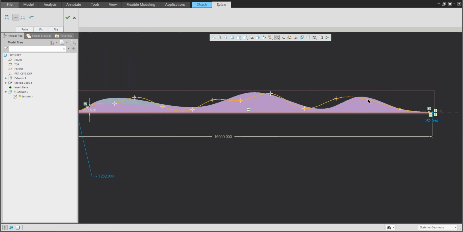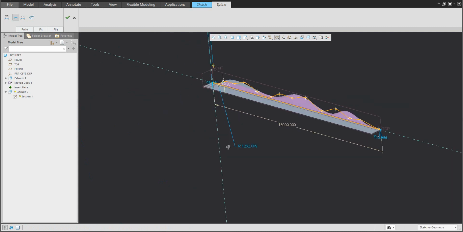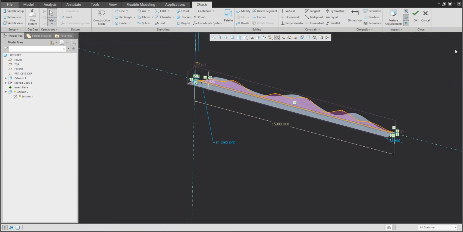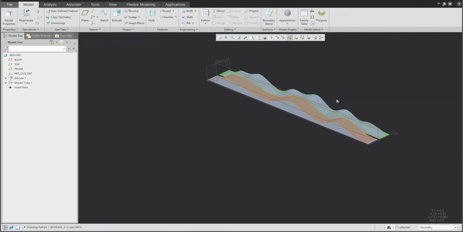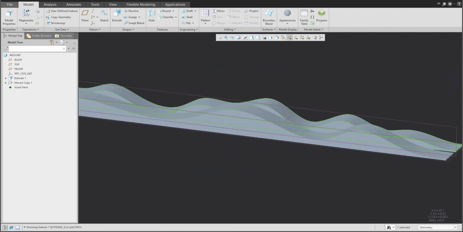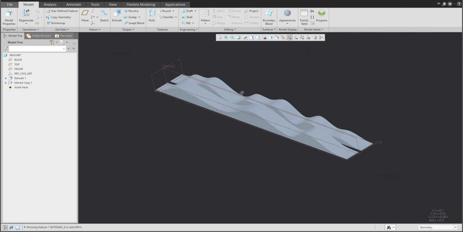Okay, and add a point here, and we'll see what will happen at the end. OK, and confirm OK. So right now we have two separate paths,